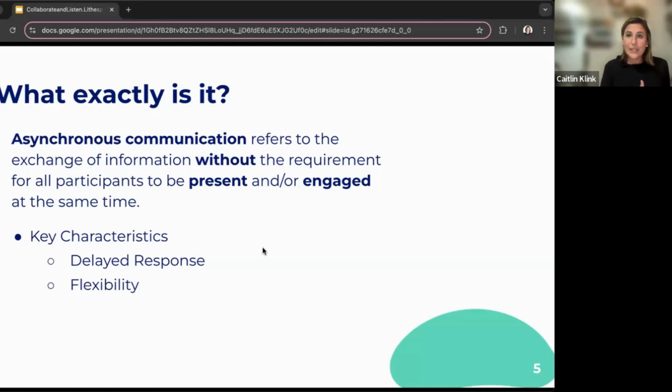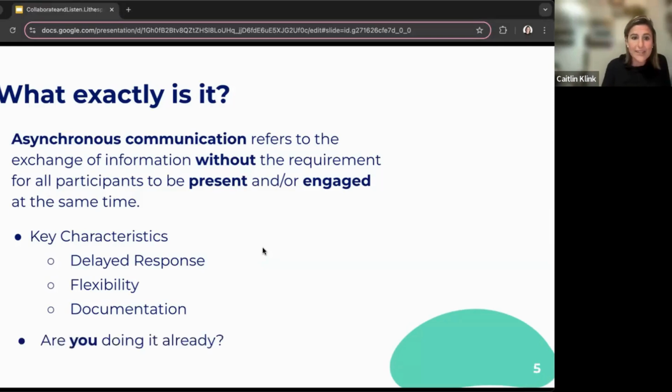Second key characteristic is flexibility. This one feels inherently positive, but it can be scary to people. A lot of people like structure and rigidity, but the idea that we can look for places to be flexible in spaces where historically there has been a lot of prescriptive guidance. So delayed response, flexibility, and then this is kind of a happy byproduct of communicating asynchronously. More often than not, when you're communicating asynchronously, it's in a written medium. So you have this inherent documentation as a byproduct of embracing this way of collaboration, in a way that you don't have when you have a face-to-face conversation or a meeting or a phone call.